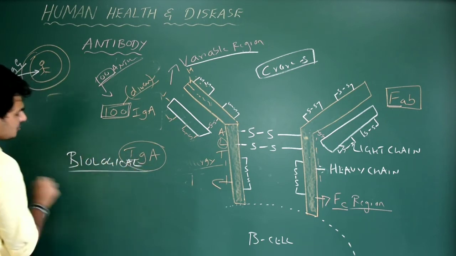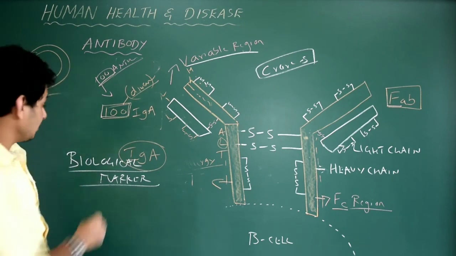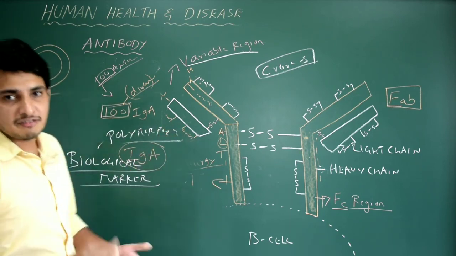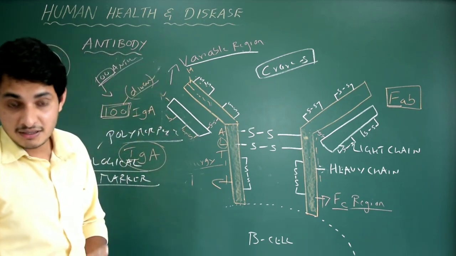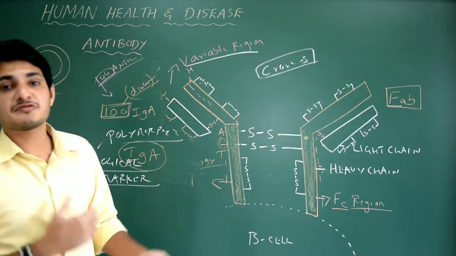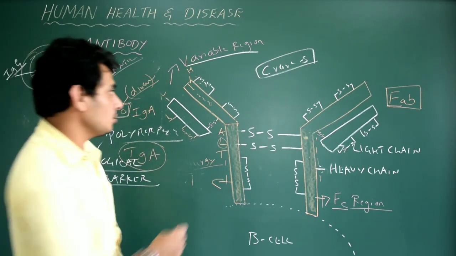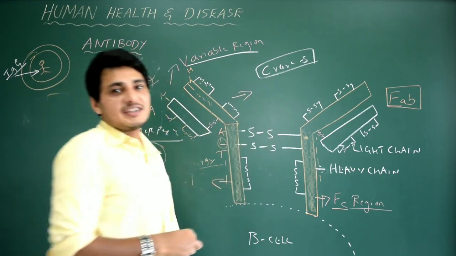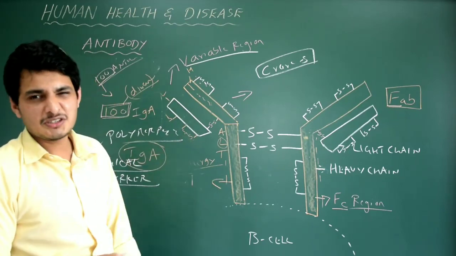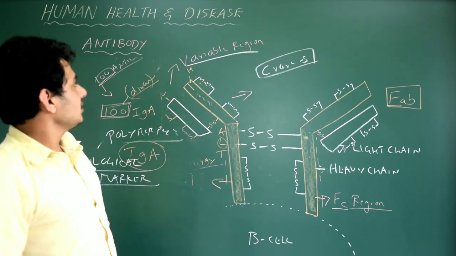What is a biological marker? Or maybe like polymorphism. Even I can also write this as polymorphism. What is this polymorphism? Poly means different. I mean DNA. You know that VNTRs normally vary from person to person. In the same way, the variable region sequence also varies from person to person. It could be a very good tool in forensic studies. But the methodology for understanding the structure of the variable region is a bit difficult compared to DNA fingerprinting. Hence, they go for DNA fingerprinting. That's all about the antibody.